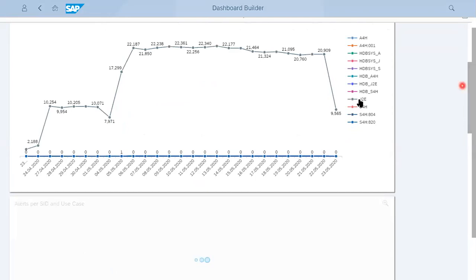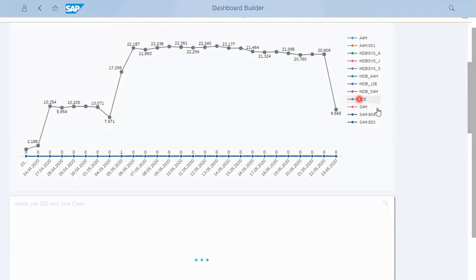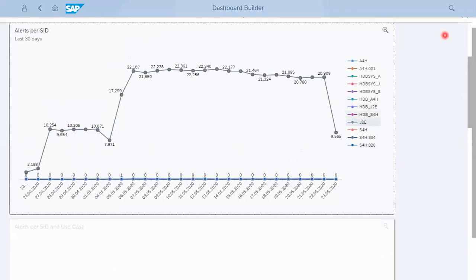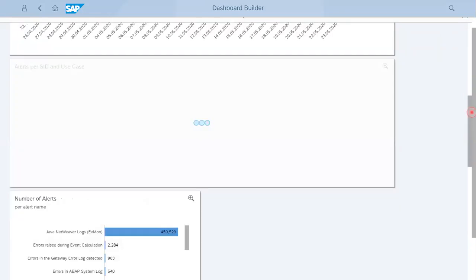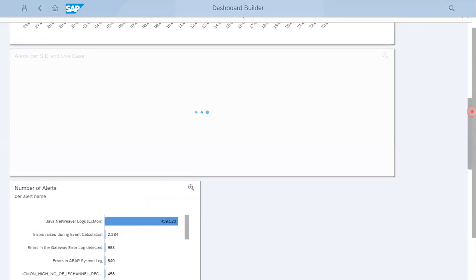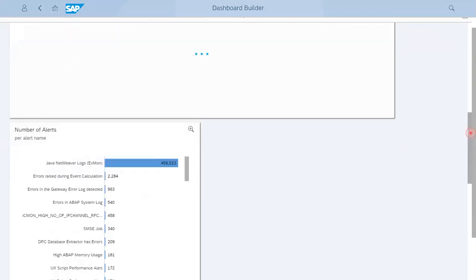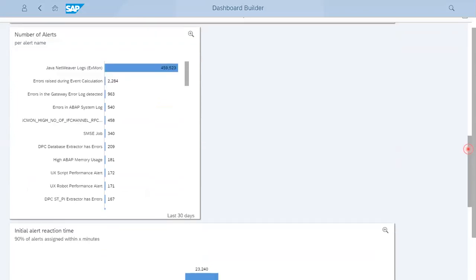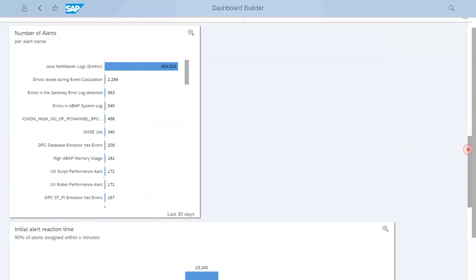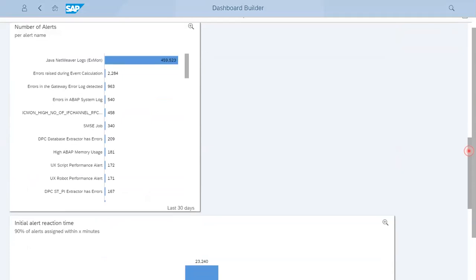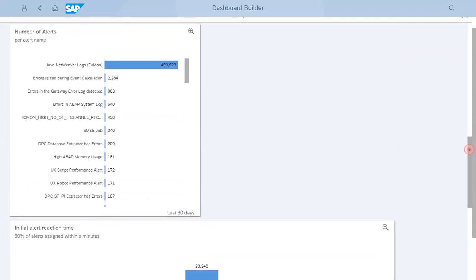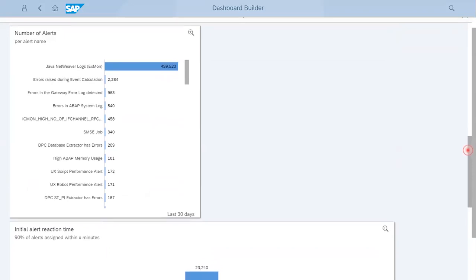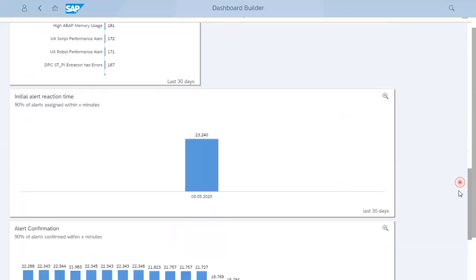I think for Z2EE system it is showing, and if you go downside you will see SID as per use cases. It will show in some time what all options they are having, number of alerts per alert name. You can see here Java NetViewer log, error raised during event calculation, error gateway error logs, errors in system, ABAP system log, ICMON, SMSC,